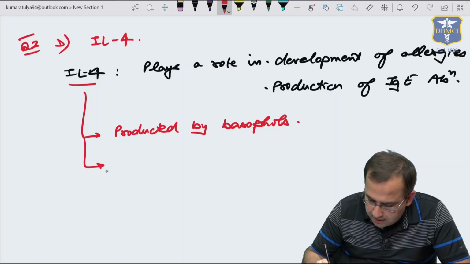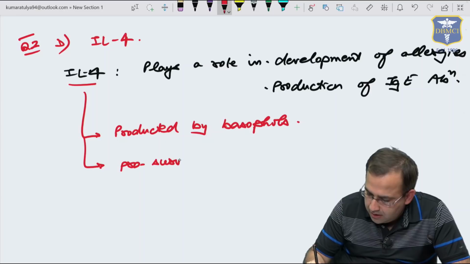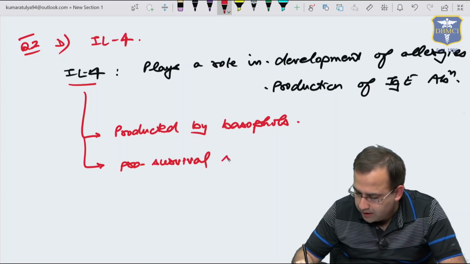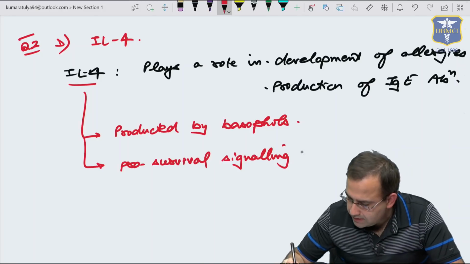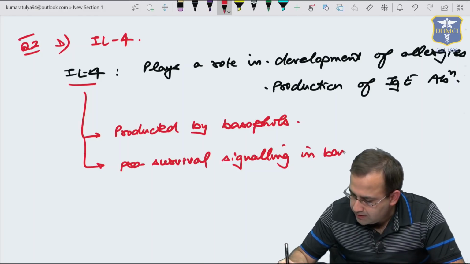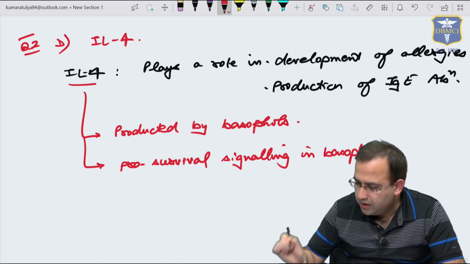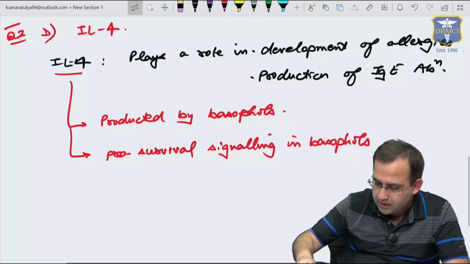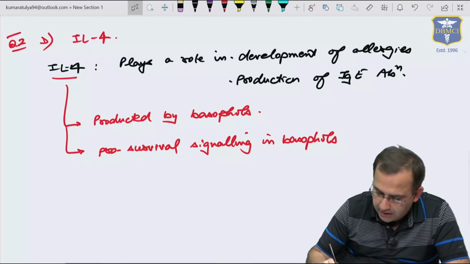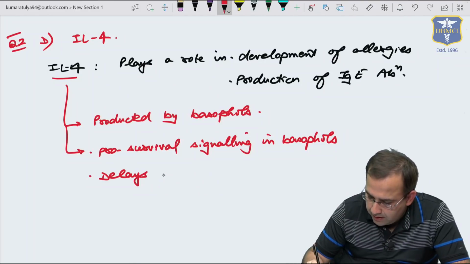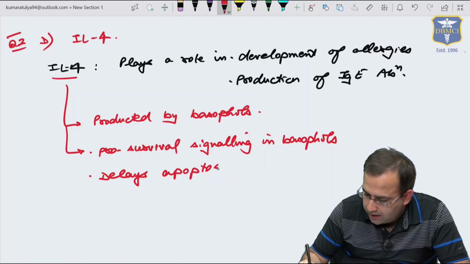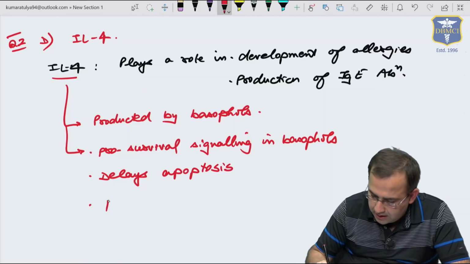It has pro-survival signaling in basophils. It delays the apoptosis. Next point, delays apoptosis and increases the effect